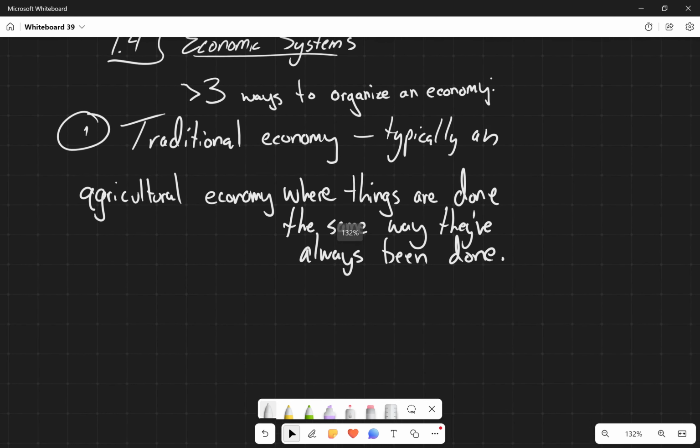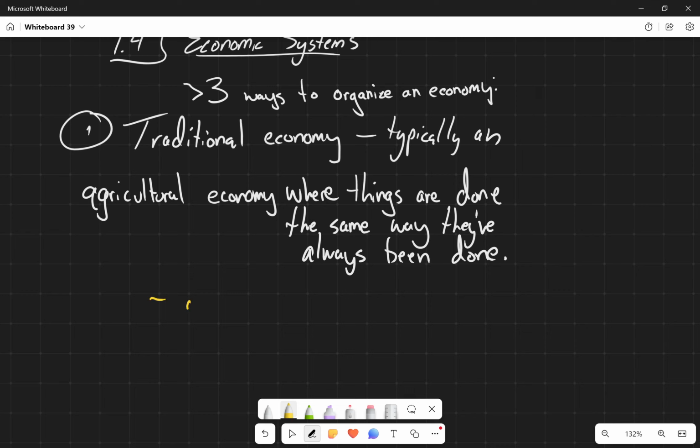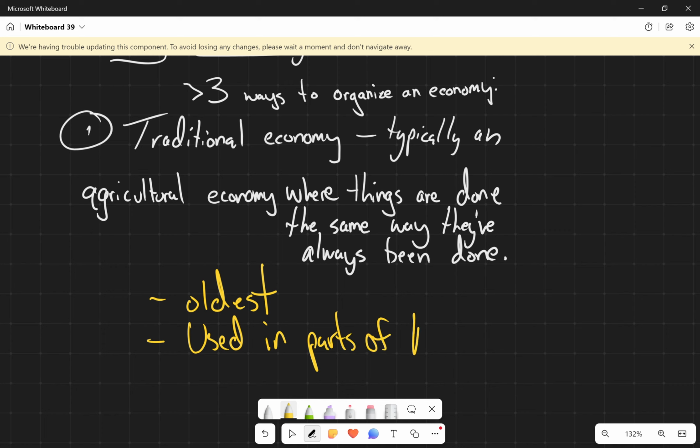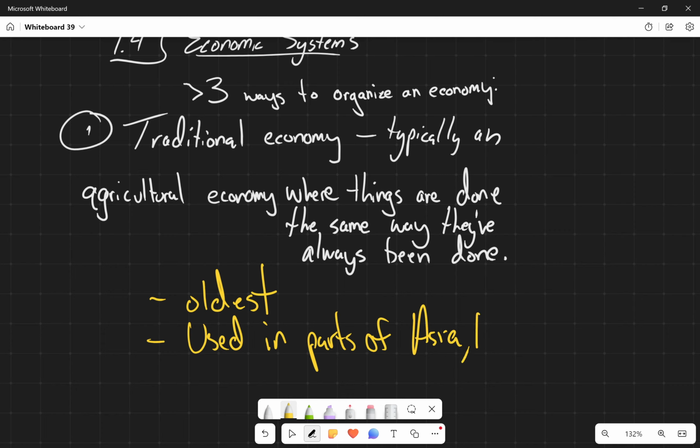Traditional economies are the oldest economic system that we've found so far. They're still used in parts of Asia, Africa, and South America.